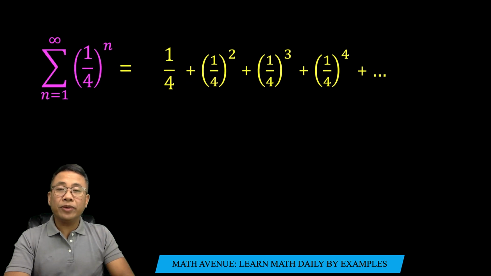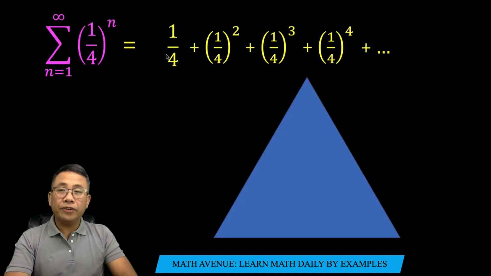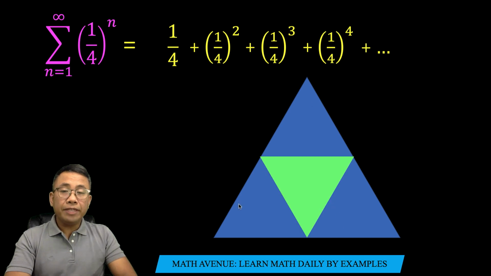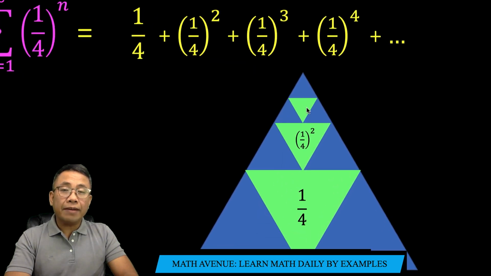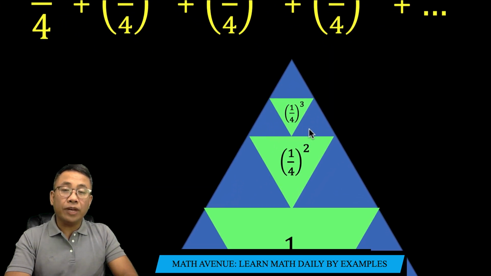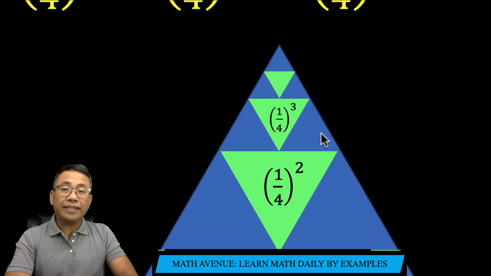Let's begin by visualizing first our first addend here, 1/4. If you have this blue equilateral triangle and divide that triangle into 4 equal parts, we have 1, 2, 3, 4, and we take one part out of those 4 parts, then the area of this green triangle is this 1/4. Then take this upper 1/4 and get 1/4 of 1/4 in order to get 1/4 squared. Then take again 1/4 of this 1/4 of this 1/4 to get 1/4 to the third and continue the pattern